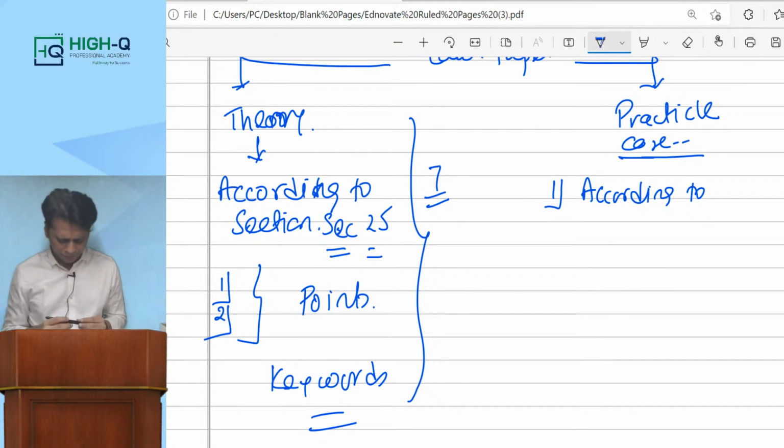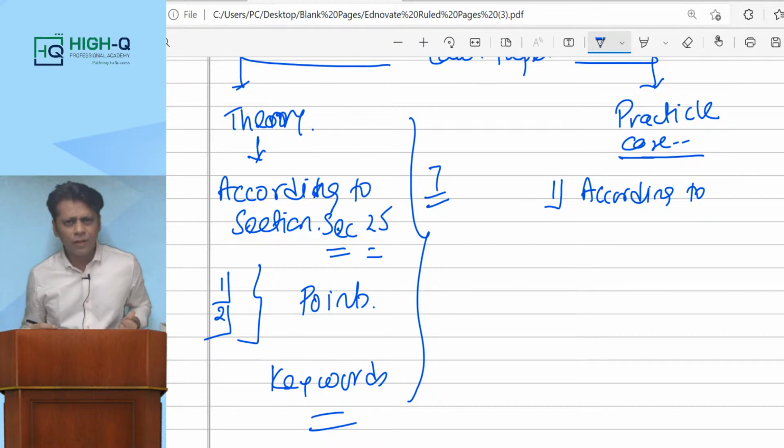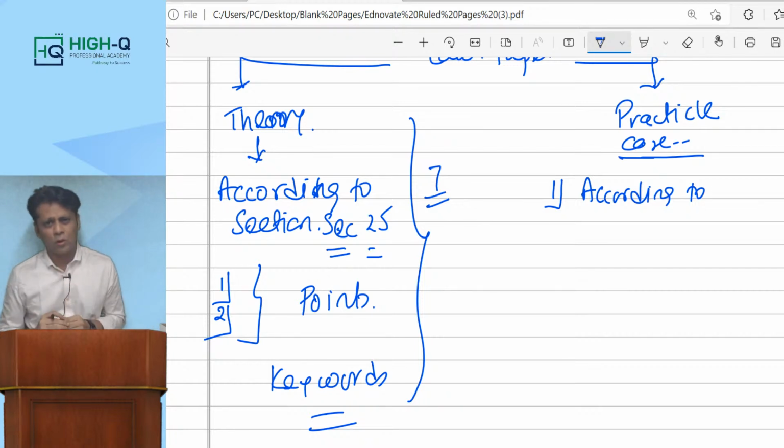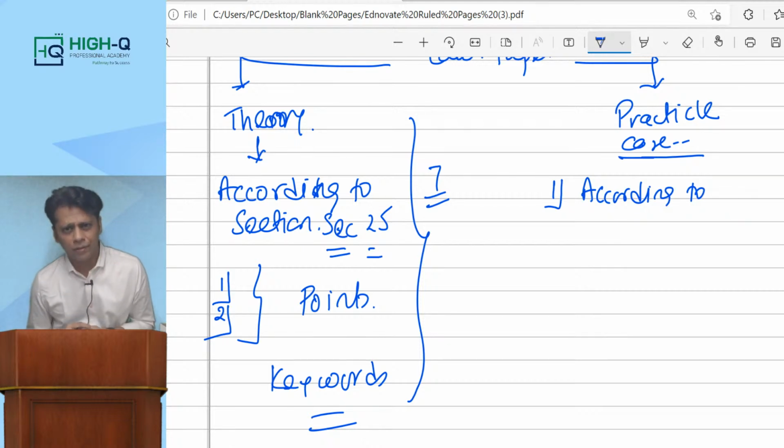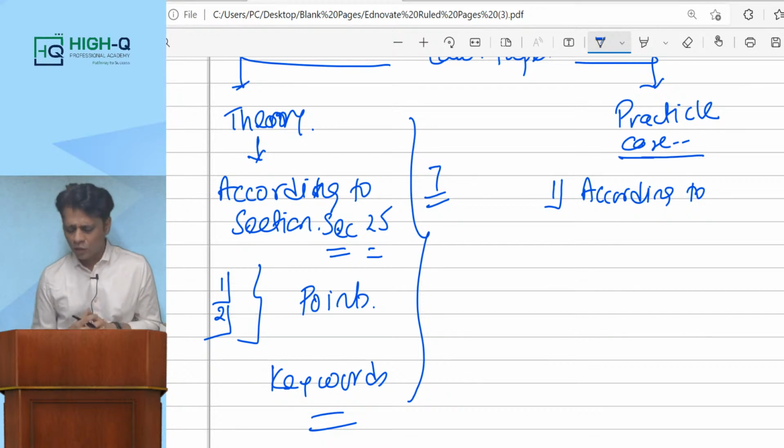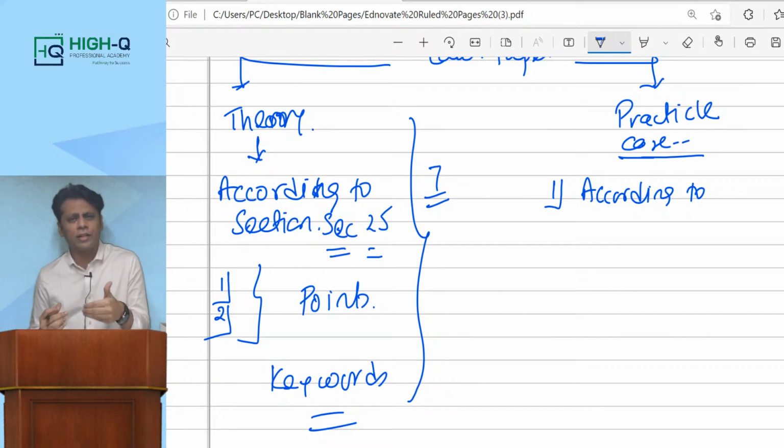Say for example, they have given you section 7 and section 8 of the Sale of Goods Act. Now you know this is a void contract as per the Sale of Goods Act, either section 7 or section 8. So you can start with, according to section 7 of the Sale of Goods Act,